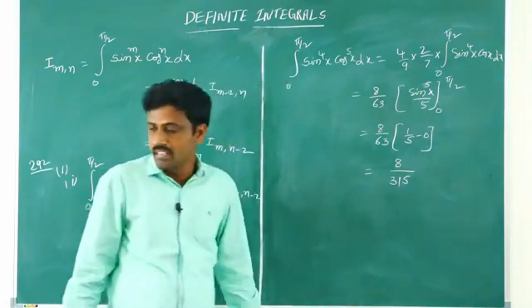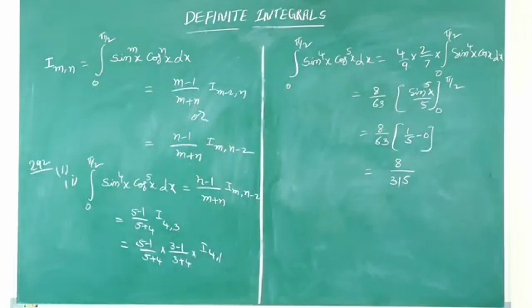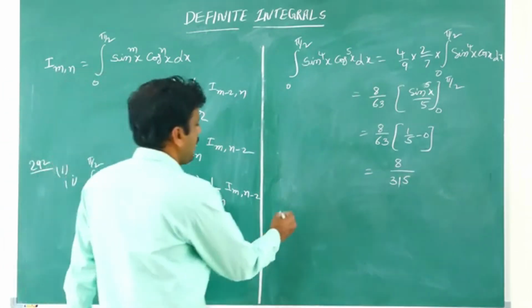That is 8/63 into 1/5, 8/315. Okay. Next, similarly, the third one is integral 0 to pi by 2